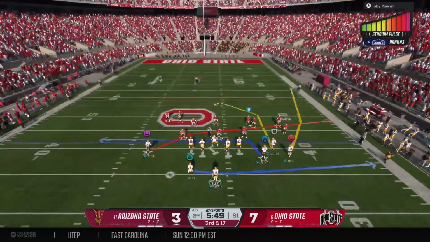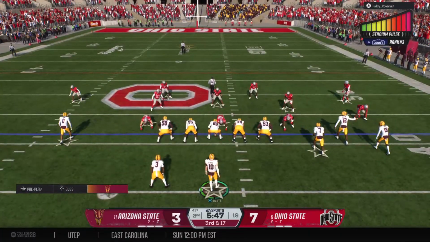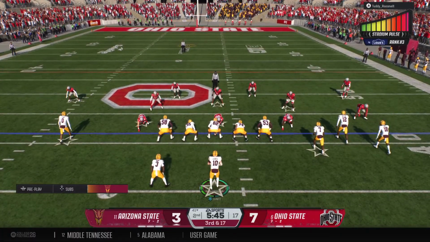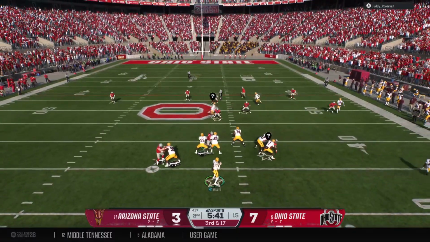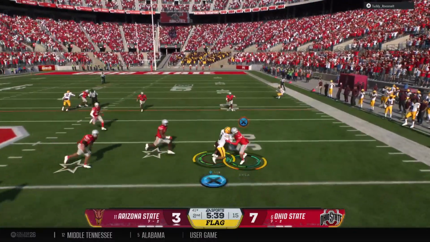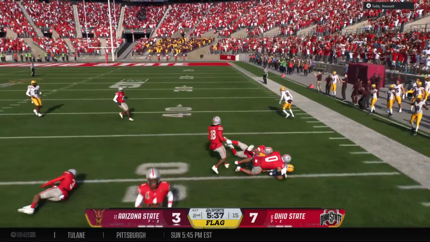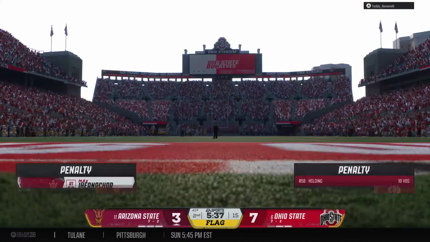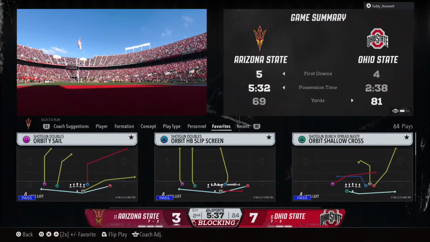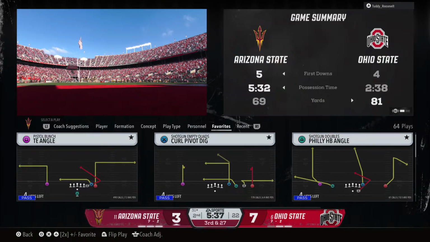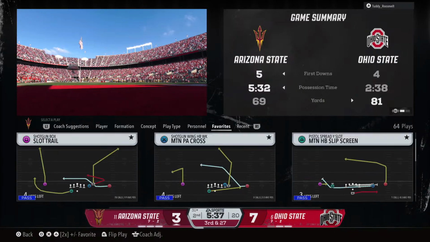So here comes third and long, trying to overcome that sack. This is going to be really difficult. Looking to throw it on third and very long. Receiver looks it in. It's complete. And runner brought down, but looks like there's a flag on the field. Let's see what this is about. Now, instead of a nice gain, they're going backwards with that penalty call.